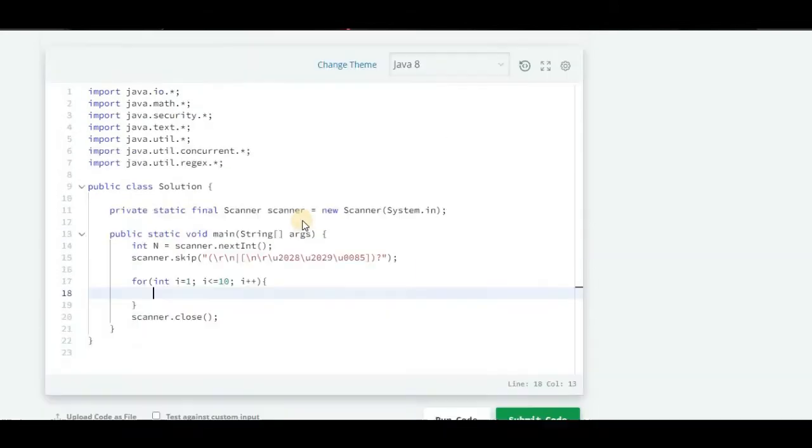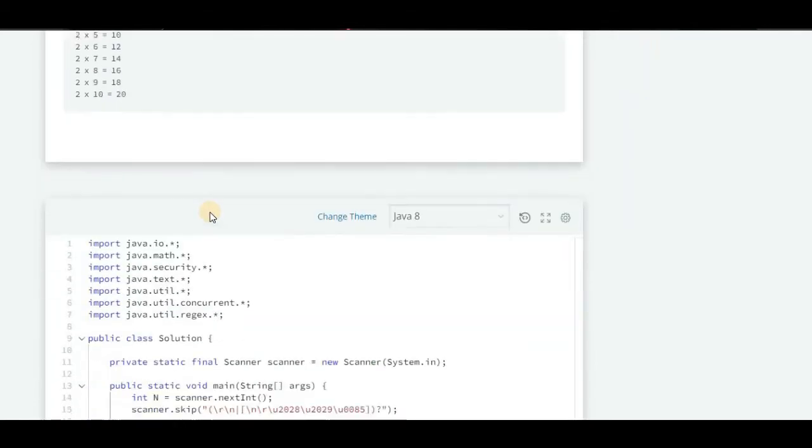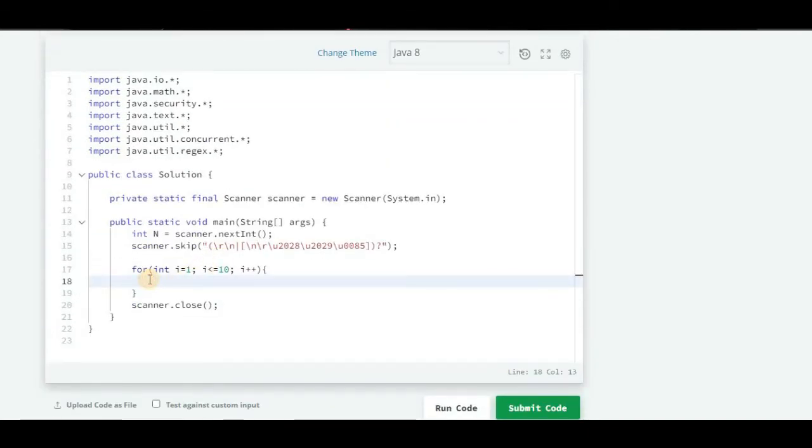Now what we have to do: first we should print the n, then a space, then this symbol, then a space, then i, then a space, then the equals symbol, then again a space, and the result, which is 2 into 1. Let's try to write it up.